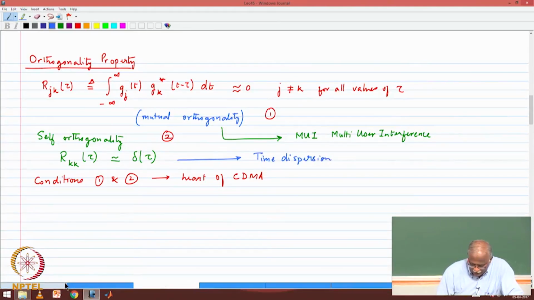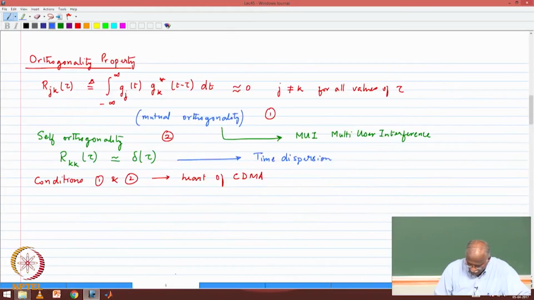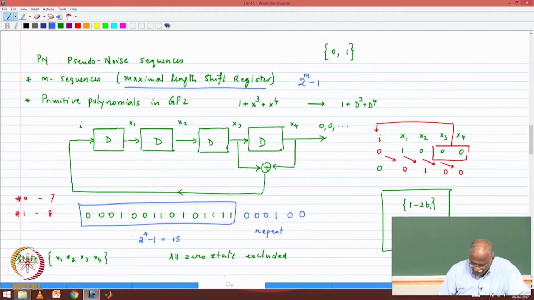As you can see, if you go back to the first channel, the things that we are worried about are the channel impairments and the interference impairment. So, both of these must be handled in the despreading and the processing operations, which is important for us. So, this is important, the two parts. Then we also said that